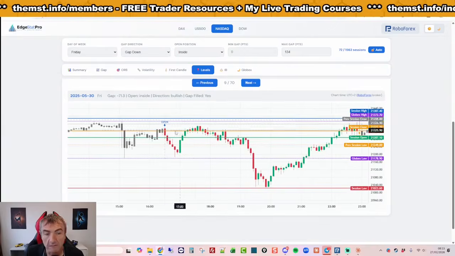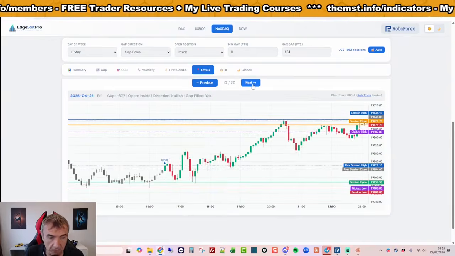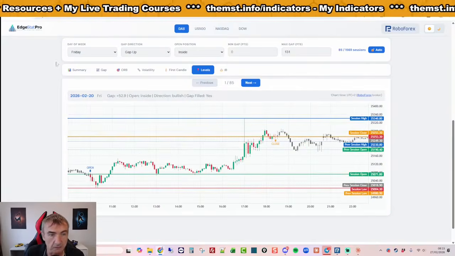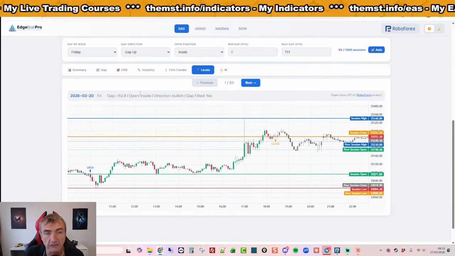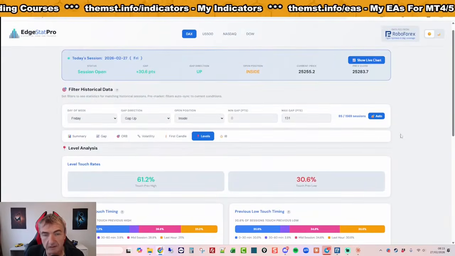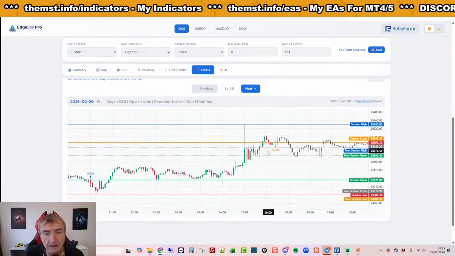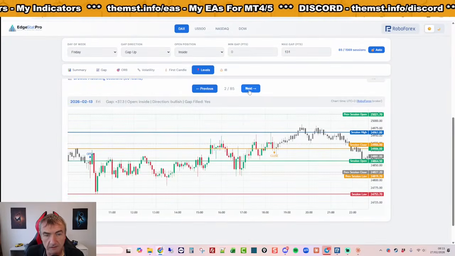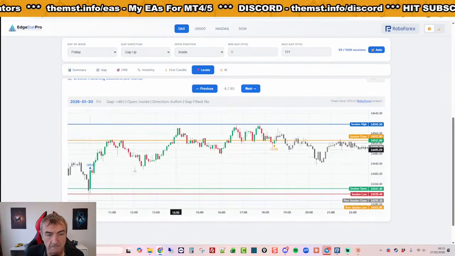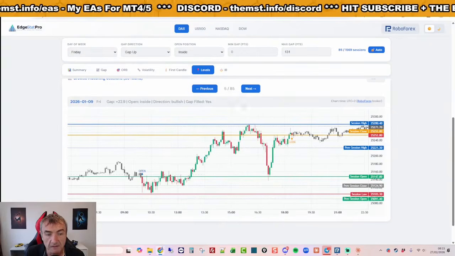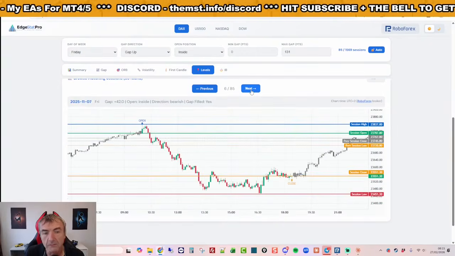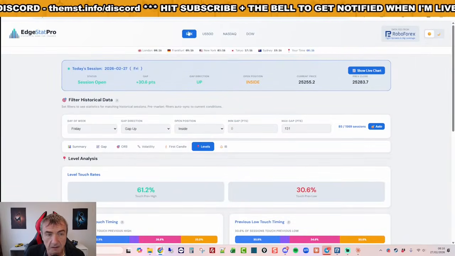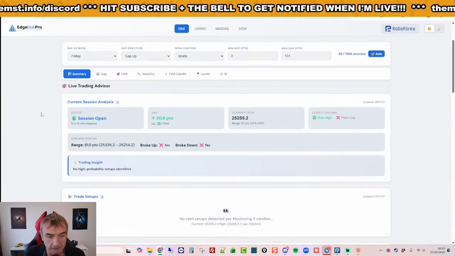Yeah, so it just sets you up for the day. Basically, you can do your research. So when we gap down like this, let's look at the DAX, easier. So on the DAX, when we gap up, but we open inside with a small gap of 30 points, what tends to happen? So you can just flick through and go, oh, right. So we normally do absolutely nothing, not a lot, bit of a move there. But it just gives you a rough idea for what to expect from a price action perspective. So it's like a sort of trading assistant, I guess, if you like.